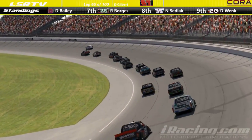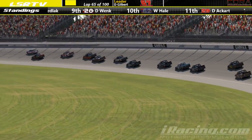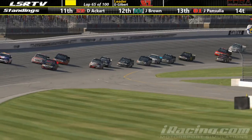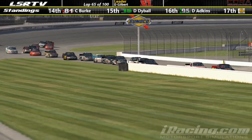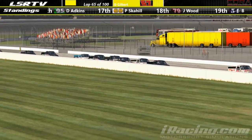And in a race that hasn't seen a lot of cautions, the caution beast might show its ugly face now as we get right into this race. It usually happens, and this is about the time for it. And, Aaron, do you think we're going to continue to see these cautions? I would say I don't think that's the last one we're going to see,